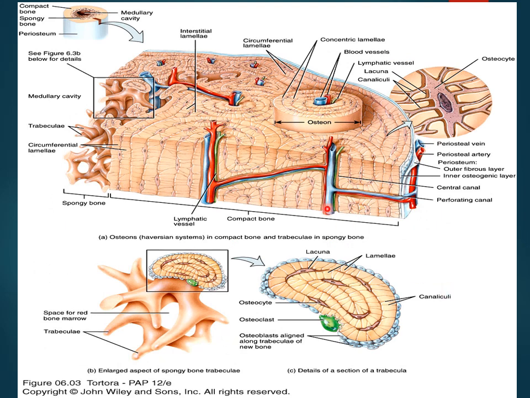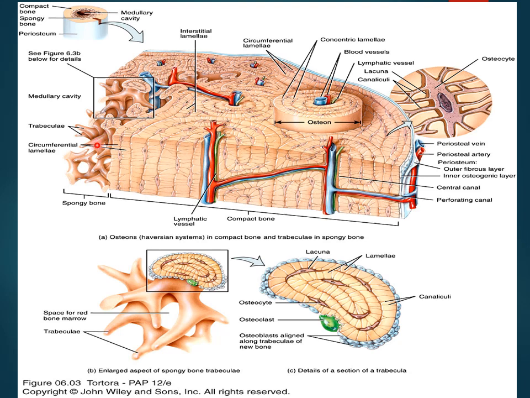So here again you can see many osteons which are compactly arranged in the bony cortex, and this whole structure is an osteon. Multiple osteons together make up the compact bone which is present in the bony cortex. And towards the medullary cavity, now you can appreciate there are the trabeculae.